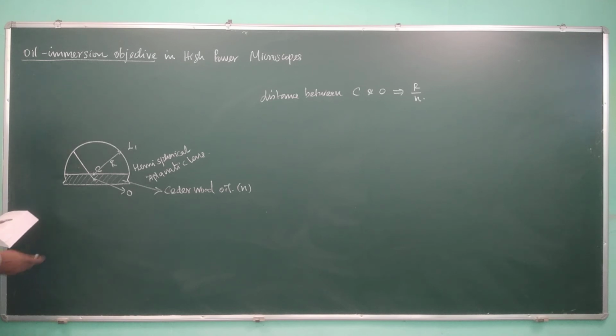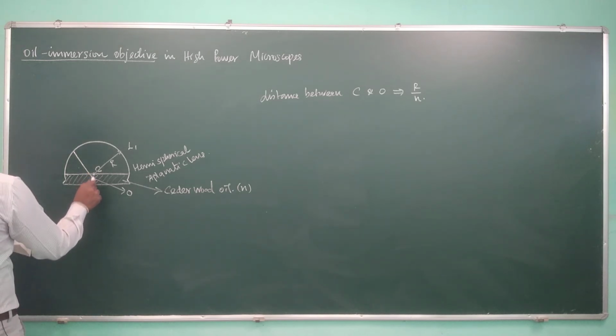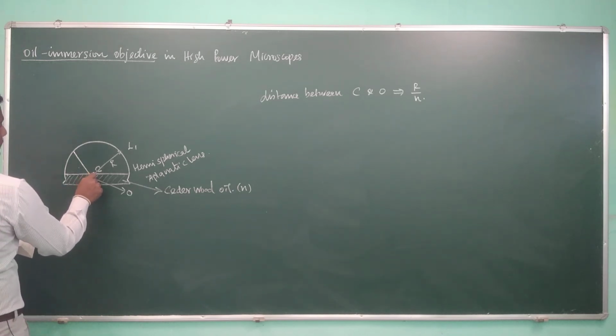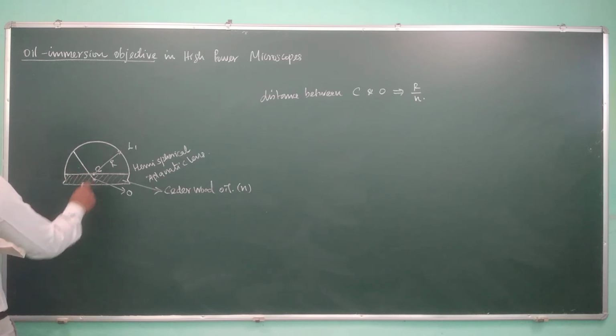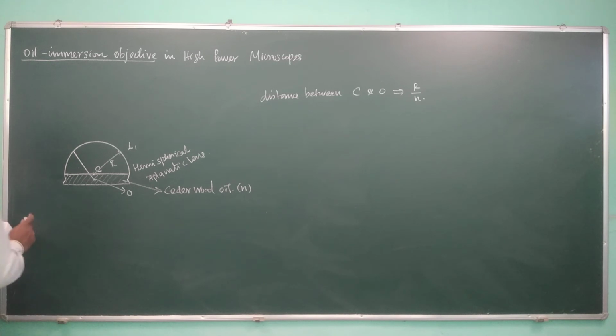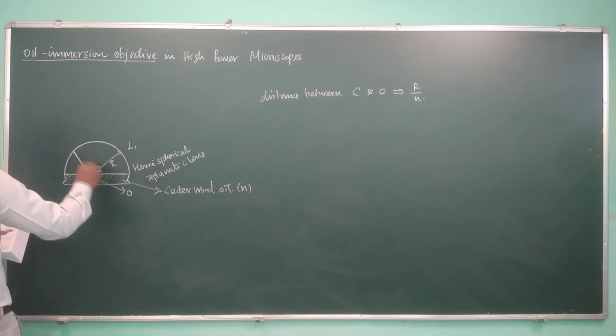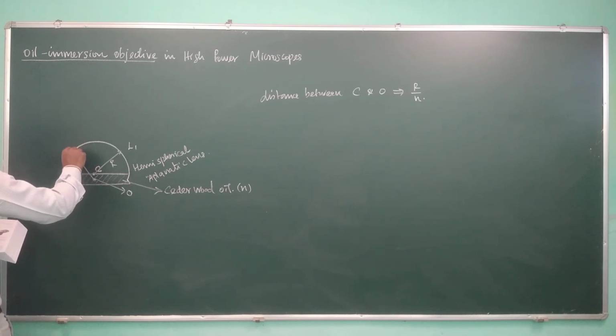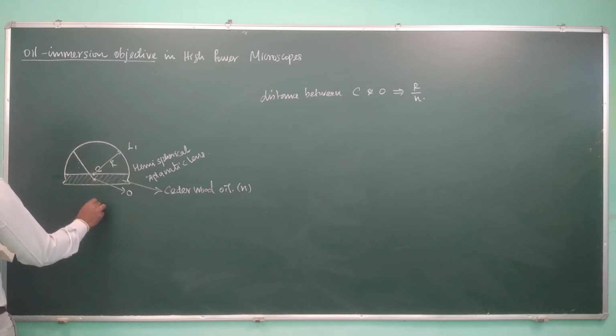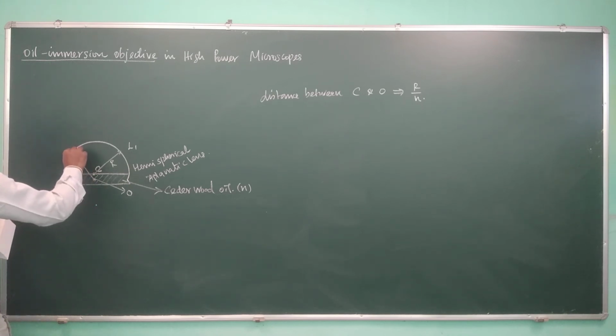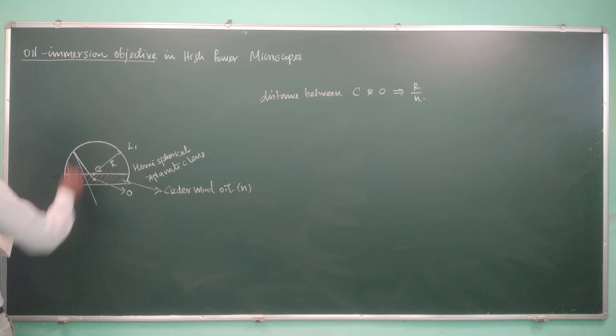Now you see, as this object is placed at a distance R by N, for a refracted ray,